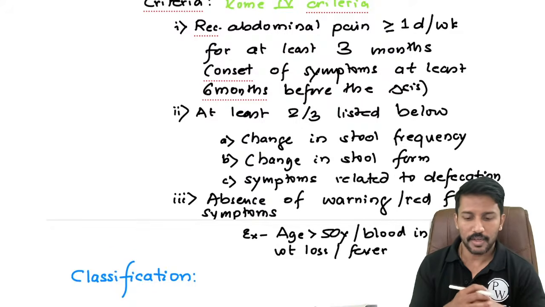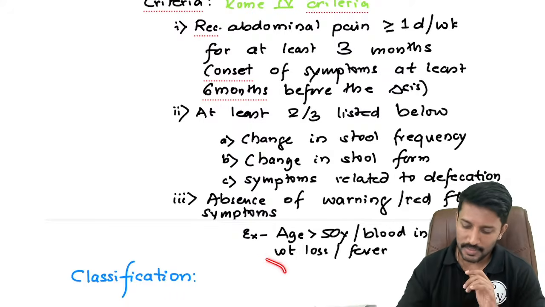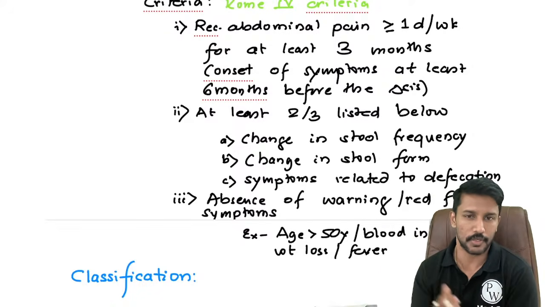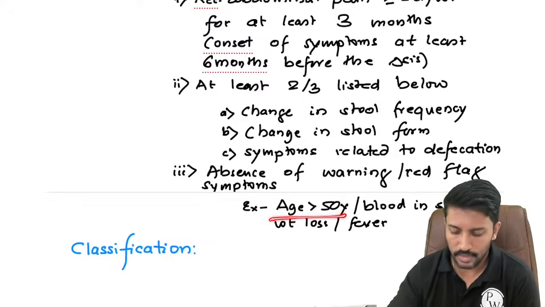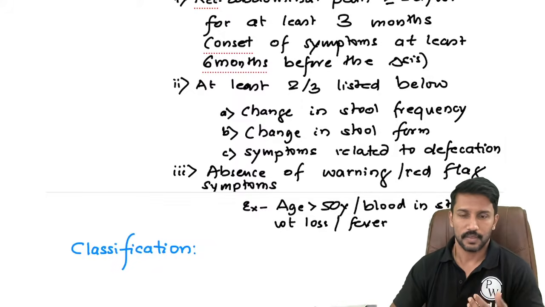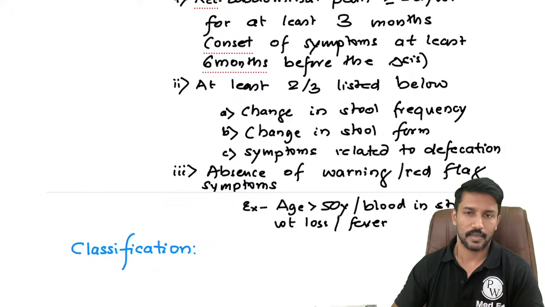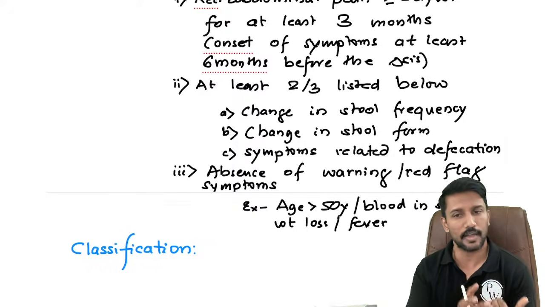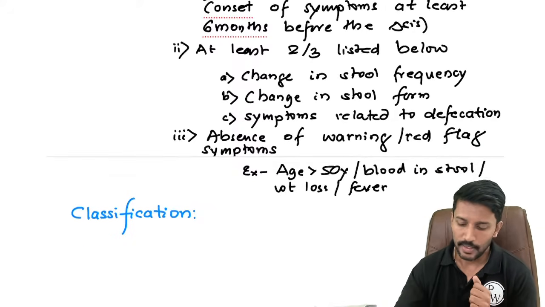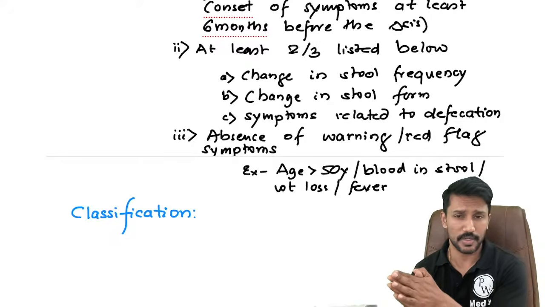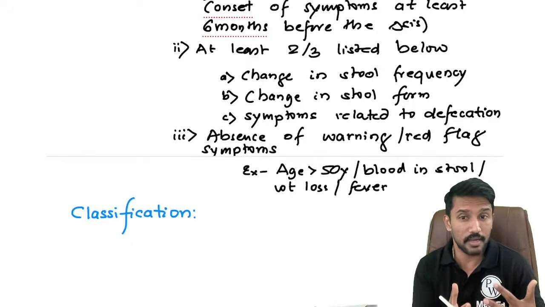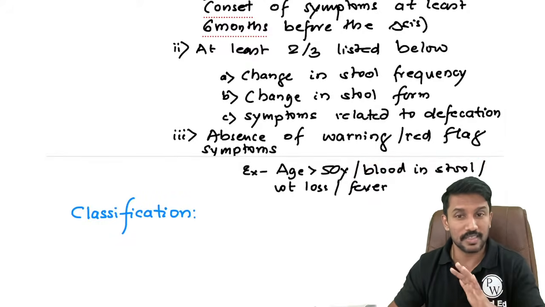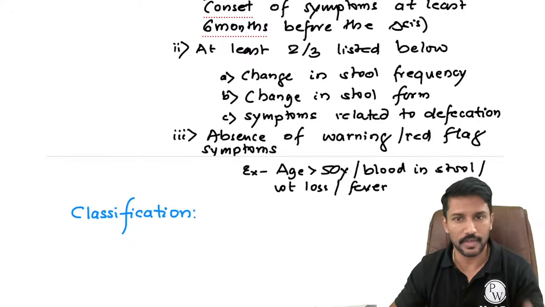Now, if you say, sir, can I make a diagnosis of irritable bowel syndrome in the presence of red flag signs? Yes, we can, by ruling out what is in our mind as a differential diagnosis. Like if I get a person more than 50 years presenting with all the features that we just described, then I will definitely do a colonoscopy to rule out a colorectal cancer. Once the colonoscopy is normal, I can make a diagnosis of irritable bowel syndrome. If a patient has blood in stool, it may be ulcerative colitis, right? I will treat it. After that, he still may be having irritable bowel syndrome. But after making sure that the cause for blood in stool is addressed, then only I can make a diagnosis of irritable bowel syndrome, right?